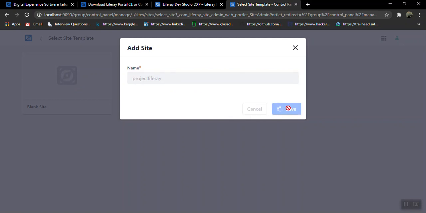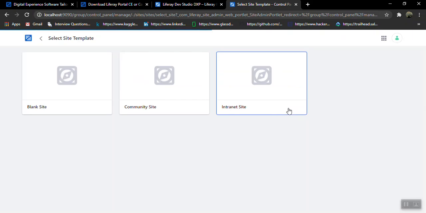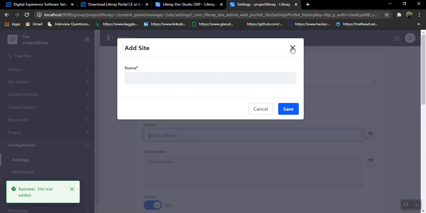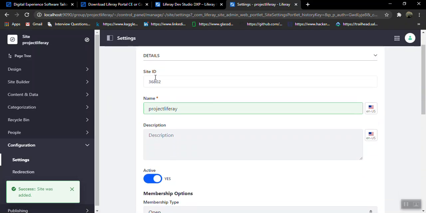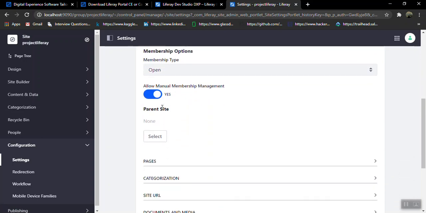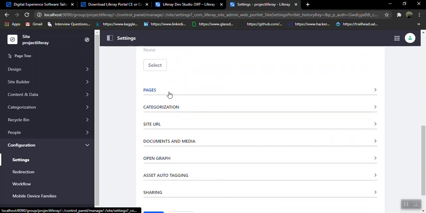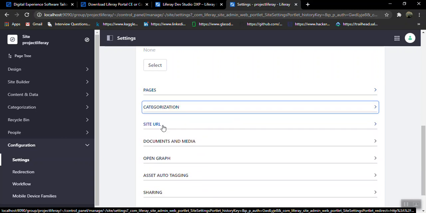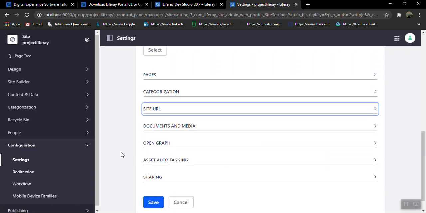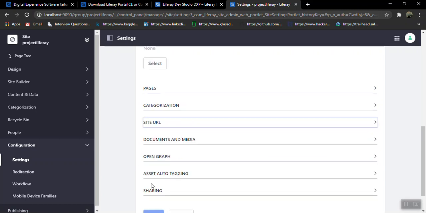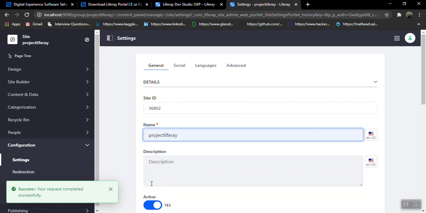Save it. My site ID is 36. Now I can add my pages, site pages. Categories also I can check. URLs, these are inbuilt, we don't require any coding for them. Now I'll save it. My request has been successful.